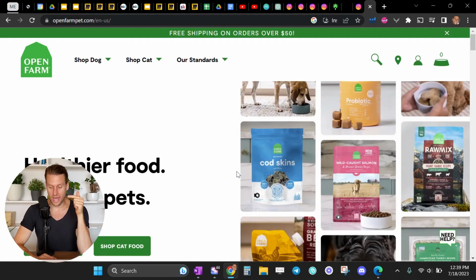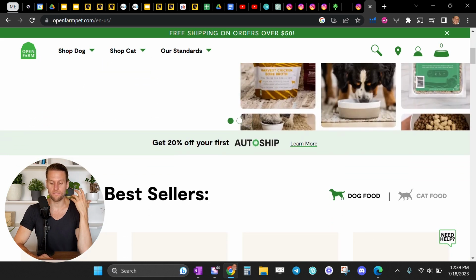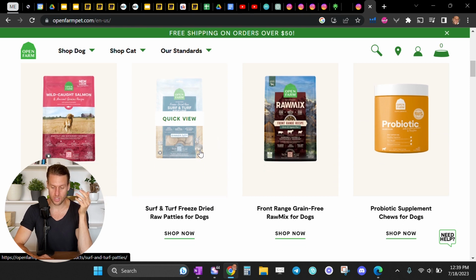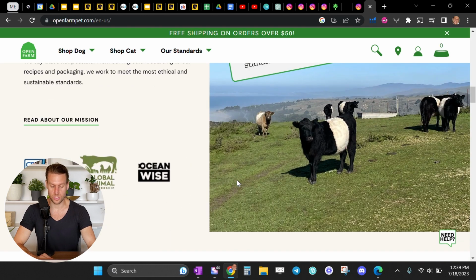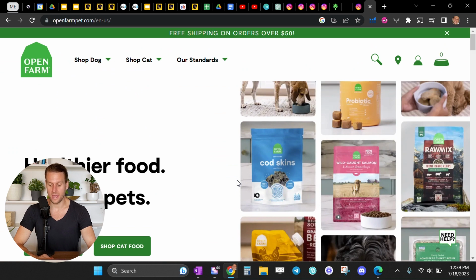So now we're at a smaller brand that still has a good amount of traction, and it provides products that are not competitive to ours, but they are very complementary because this is the food that would go in our aesthetic bowls. So this is a complementary product, and we could do cross promotion deals with these guys easily. We could tell them our story, and we can let them know that we want to do some kind of cross promotion where they send our products to their audience, we send their products to our audience.